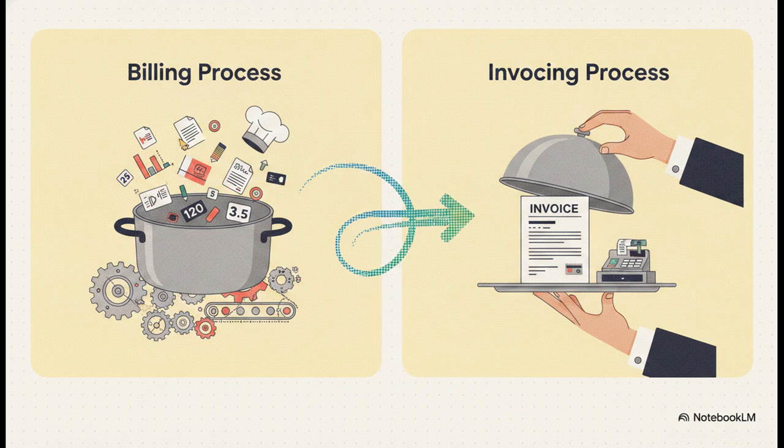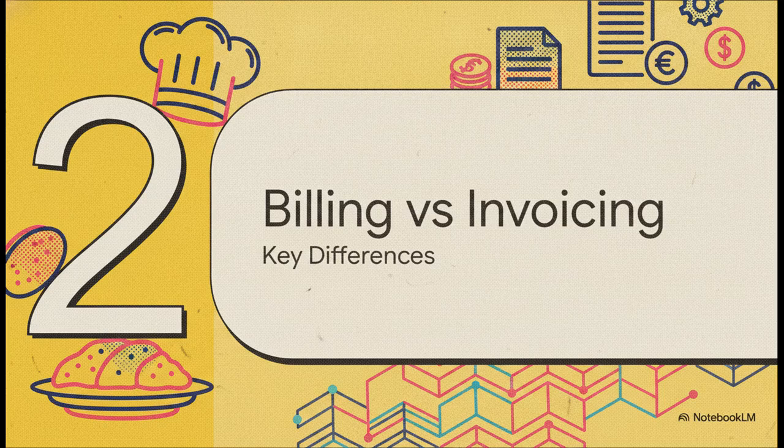Now, the invoicing process, that's your waiter. The waiter takes that prep tray, formats the final bill so it looks absolutely perfect for the customer, delivers it to the table, and then actually processes the payment right into the restaurant's cash register. The kitchen doesn't talk to the customer, which, let's face it, is probably for the best. The waiter does. Moving right along to billing type versus invoicing type, let's break down the exact differences between the